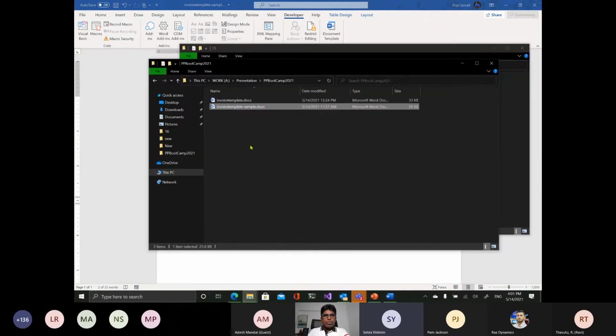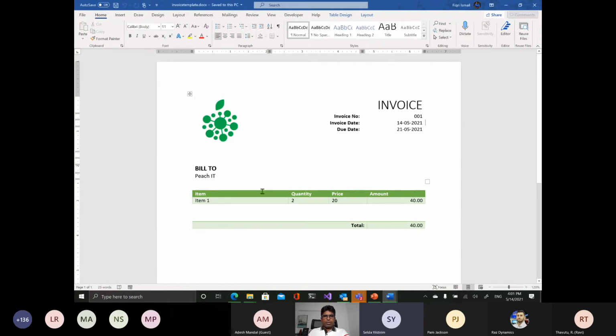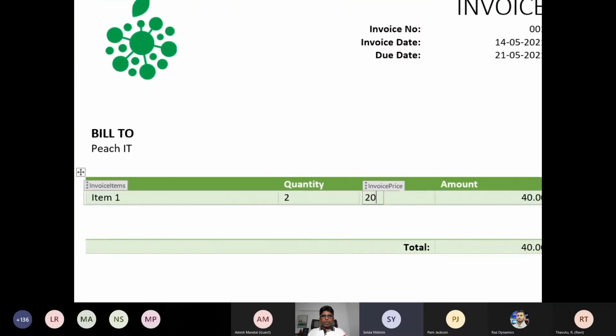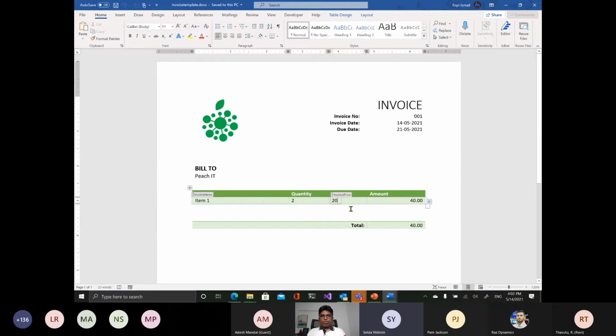This is my completed document. This is the template. This is the completed version of this document. You will see all these things are invoice item, and then the quantity. Let me just zoom it a bit. You will see all these things, invoice item and the amount, like that, right? You got the idea. Next step, you just download, you save it, and next step you go back